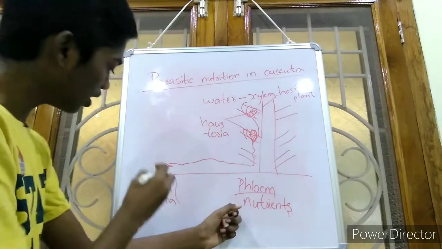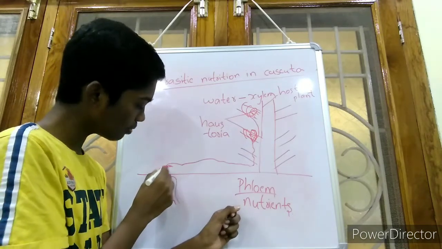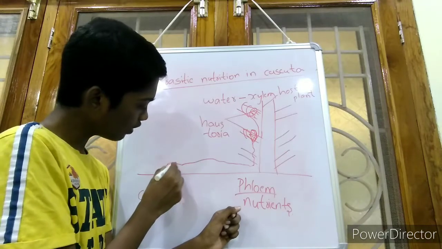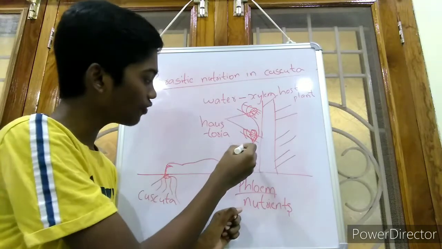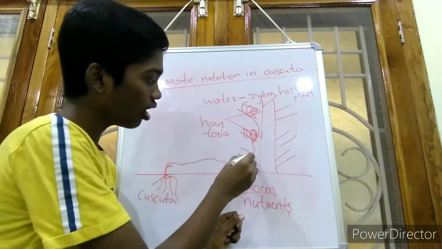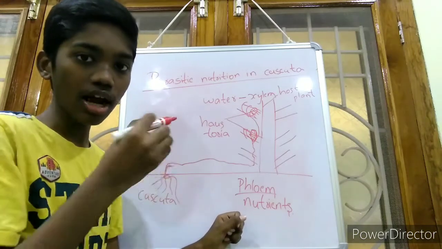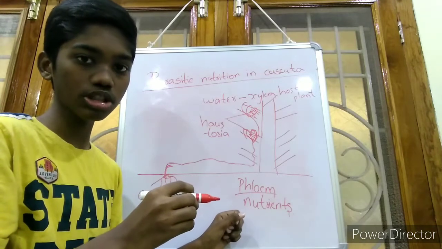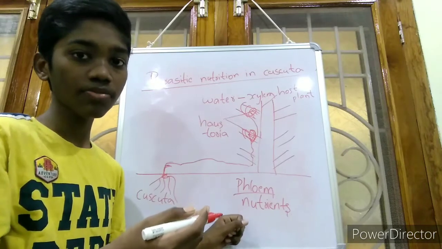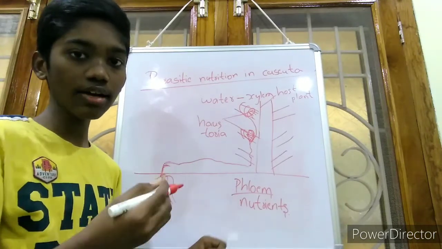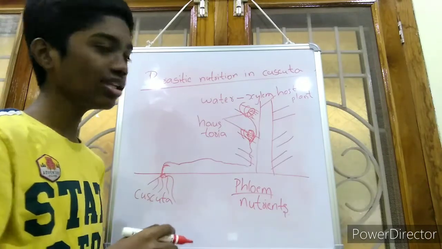Friends, I will explain again. Here, the first step is germination of the Cuscuta seed. First it will germinate like this, and it will form a big root like this, and it will occupy the total stem of the host plant. After occupying the total stem of the host plant, it forms haustoria, and it penetrates into the stem of the host plant, and it will obtain the food material from the host plant, and the host plant will obtain water from the xylem of haustoria and nutrients from the phloem of haustoria. So friends, this is about the parasitic nutrition in Cuscuta.